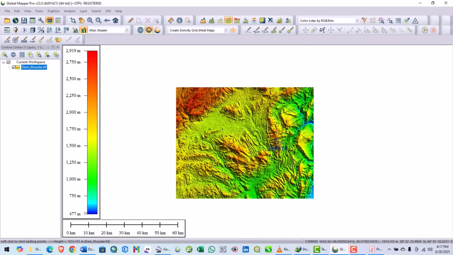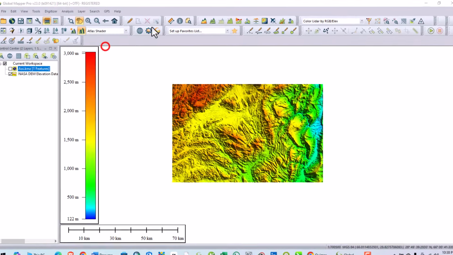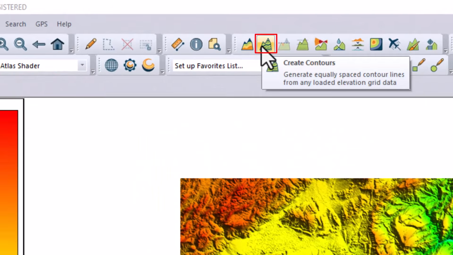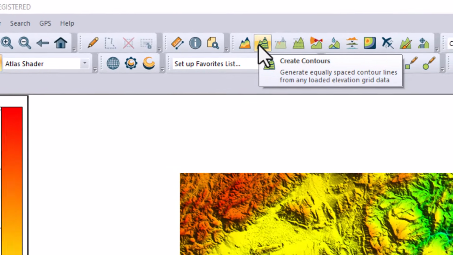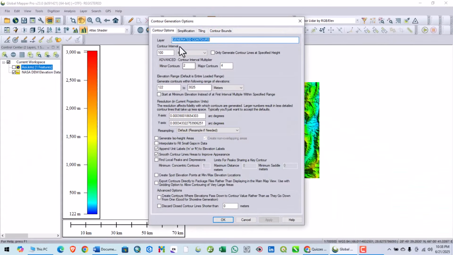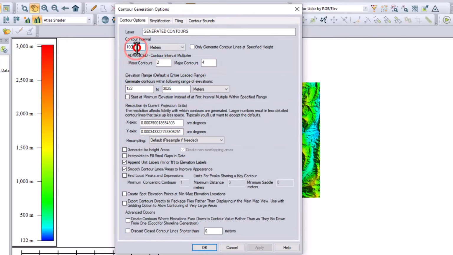Alright. Now you can also generate the contours from this digital elevation model. Select the create contour option and click on this tool. Here you can see the contour interval. It will generate a contour at every 100-meter interval. You can also change the unit from here,